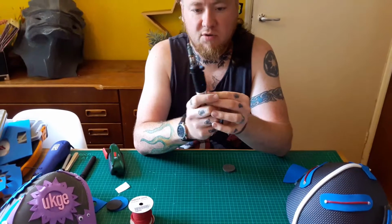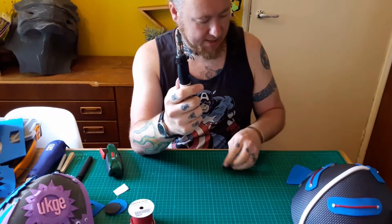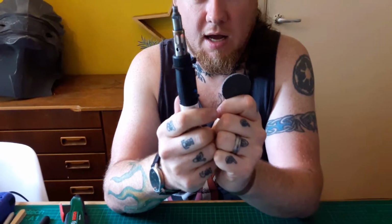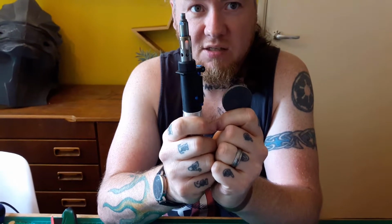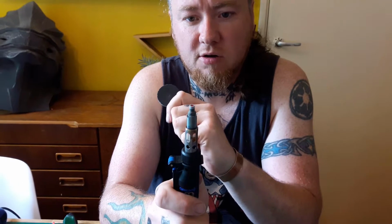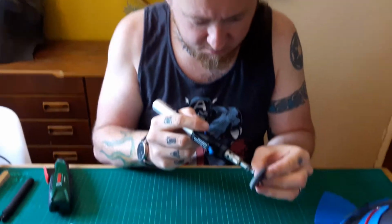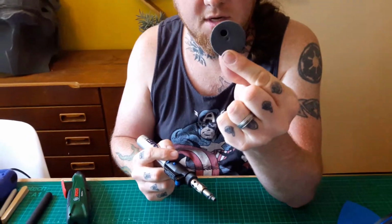Okay, so this has been on for 35-40 seconds now, and it's already getting really hot. Now what you don't want to do is leave it switched on and spewing out hot air while you actually press it into the foam, because if you do that it will just disintegrate the foam, which might be an effect that you're after, but for this I just want the tip really hot. I'm going to turn the heat off. I'm just going to take my foam and then press it into the foam, and as you can see from that, it leaves a nice little...